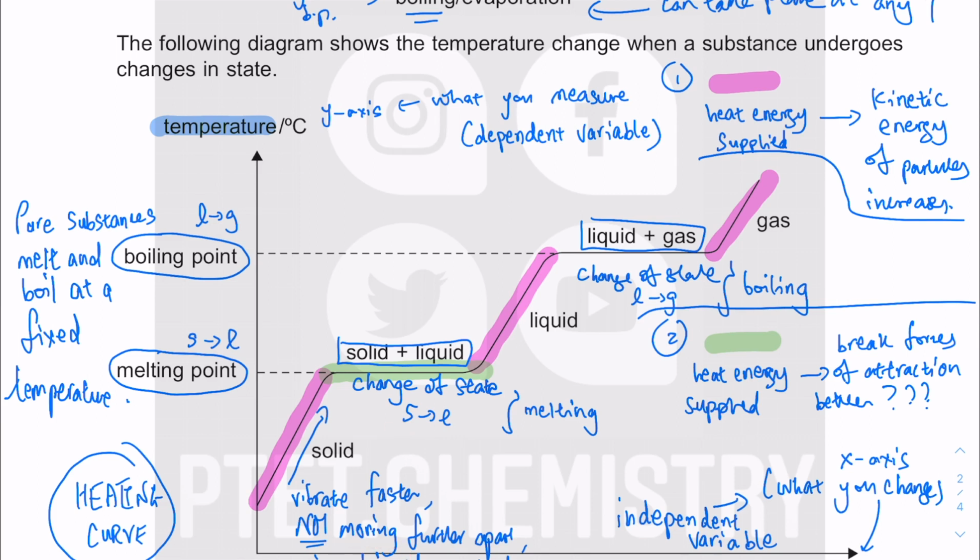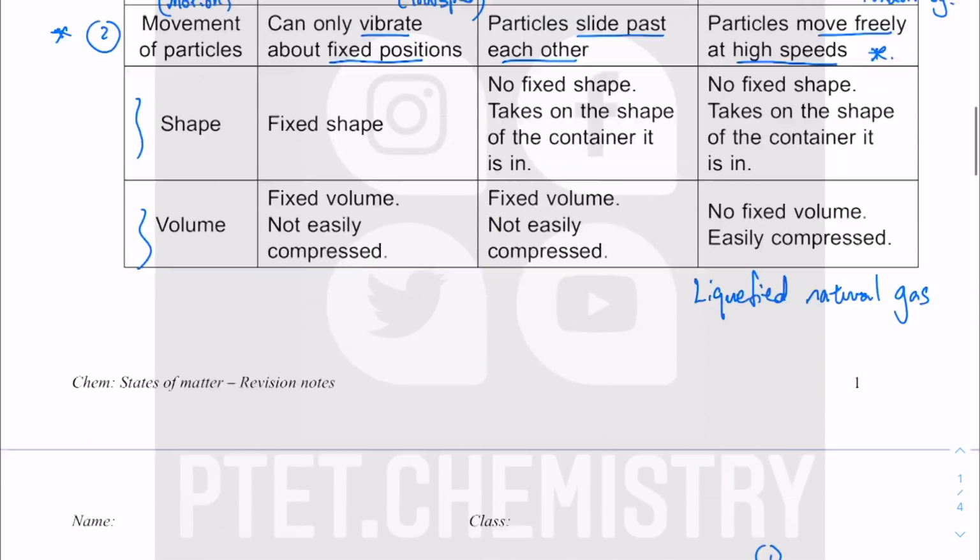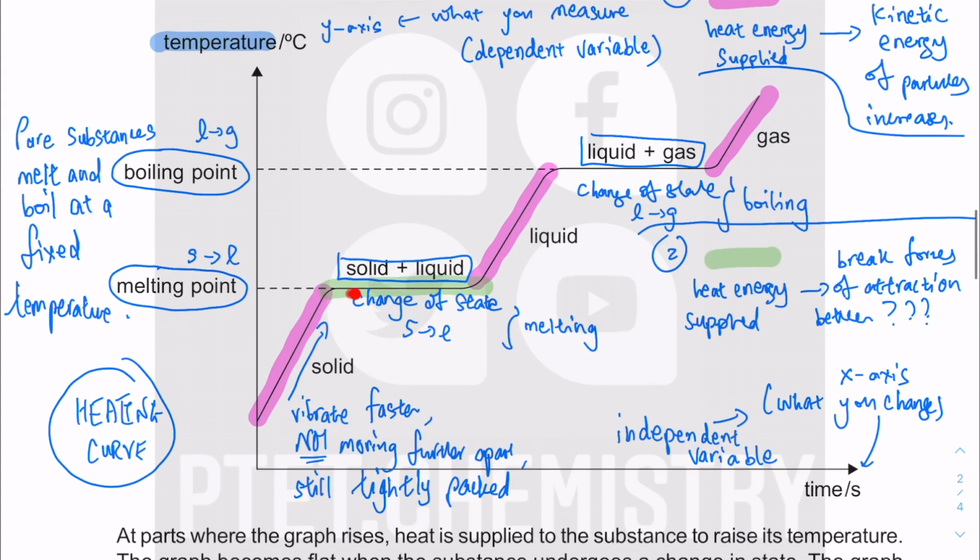You need to separate them so that they become closely packed but with a little bit more space in between. That is the model that you already have in your mind. You need to separate them a little bit so that you create a bit more space in between, so that they can slide past each other and not just vibrate about fixed positions. To separate them, you need to break the force of attraction between the solid particles, and that is where the heat